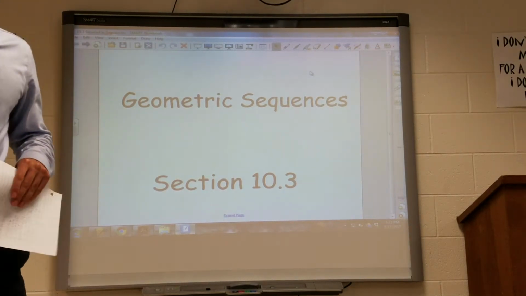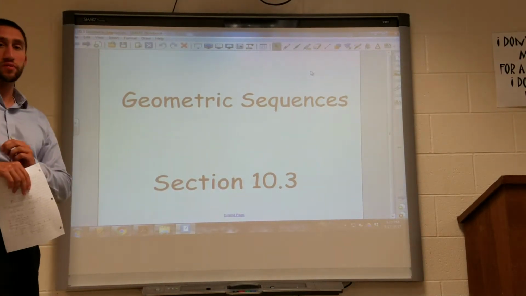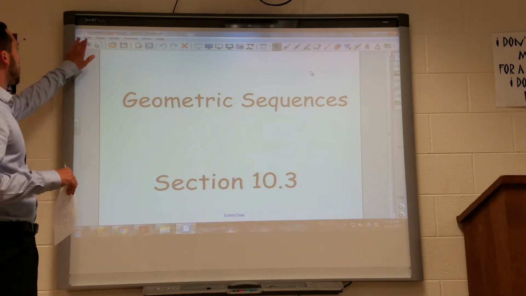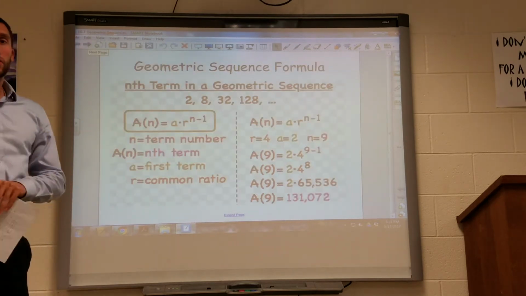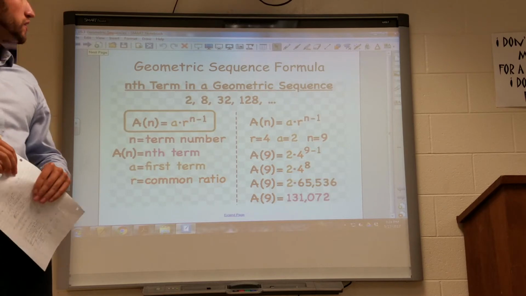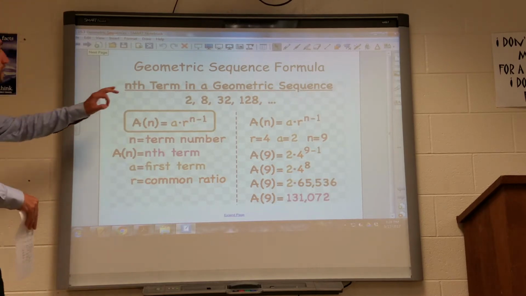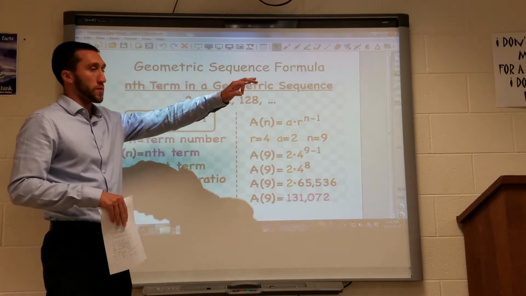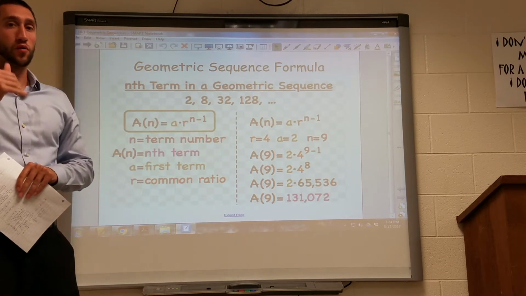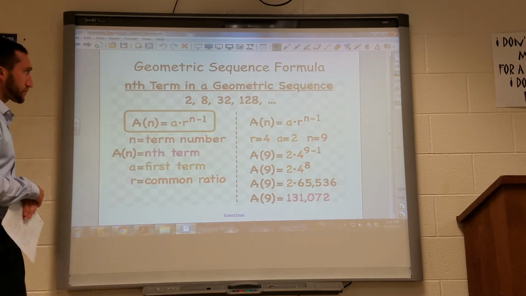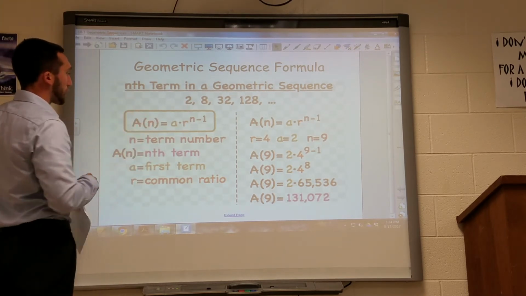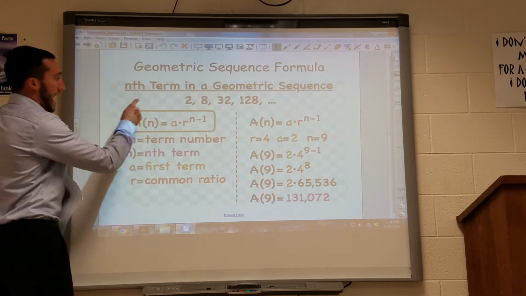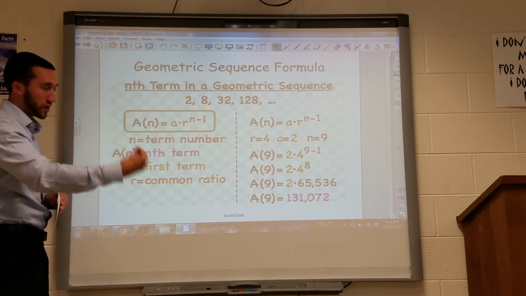Hello everyone, today we're talking about geometric sequences, section 10.3 in our book. Before we get into any examples, I want to quickly explain the geometric sequence formula. Similar to our arithmetic sequence formula, our geometric sequence formula, the nth term,